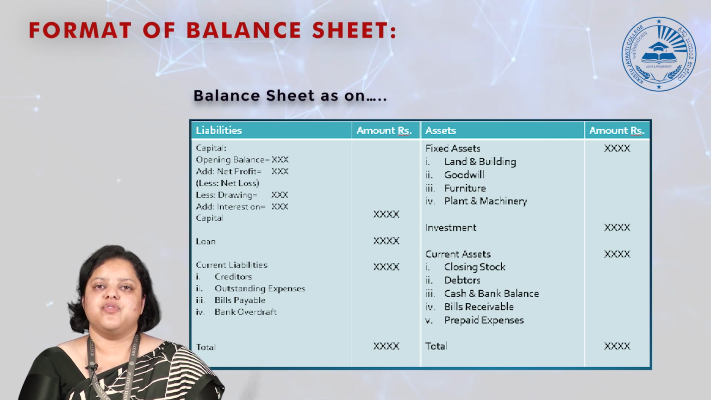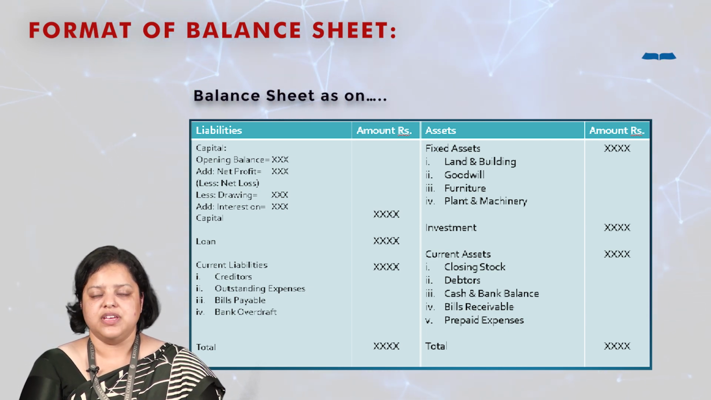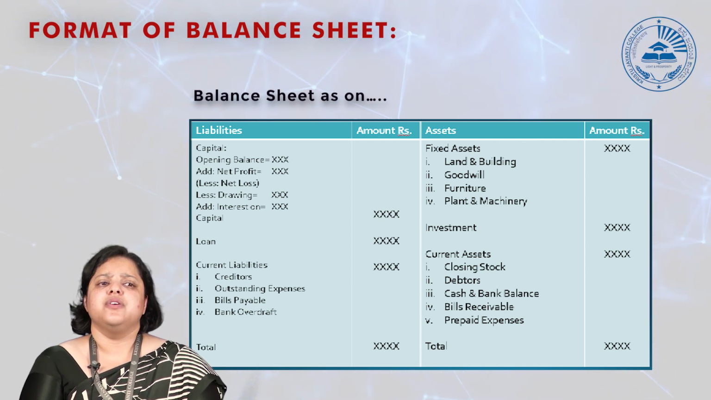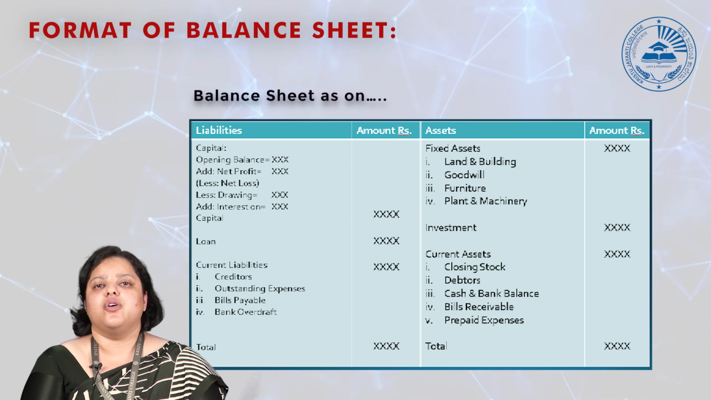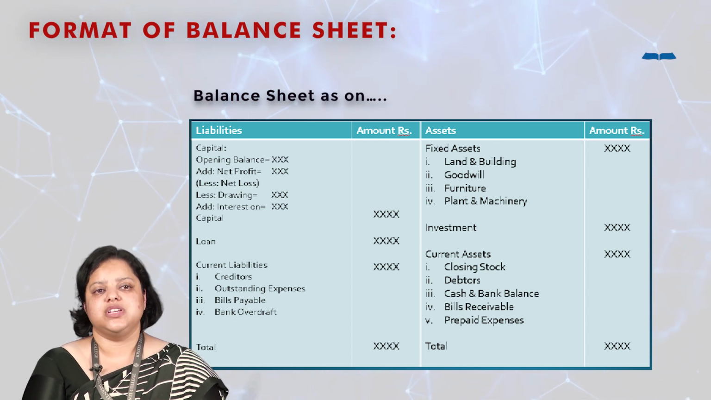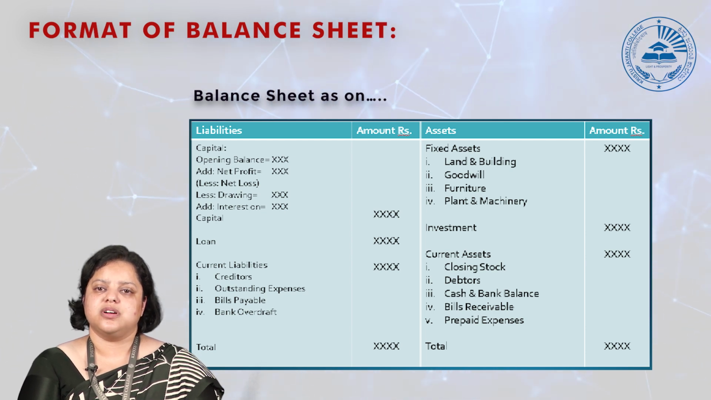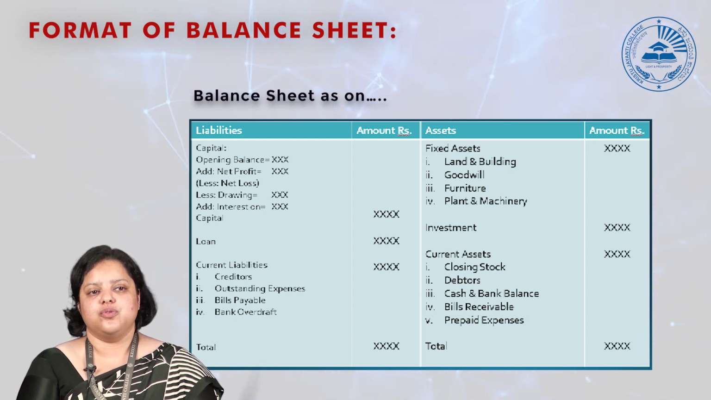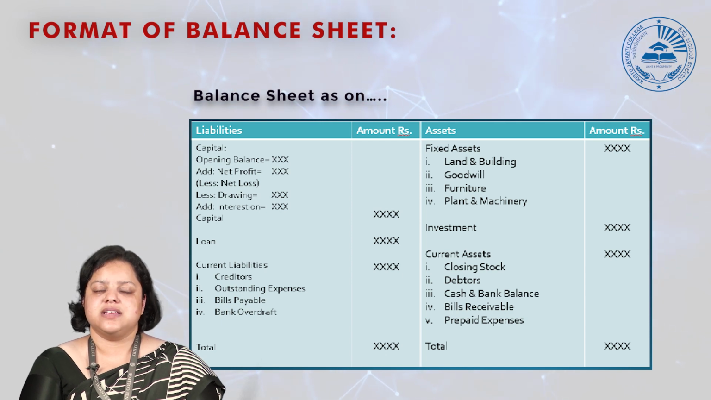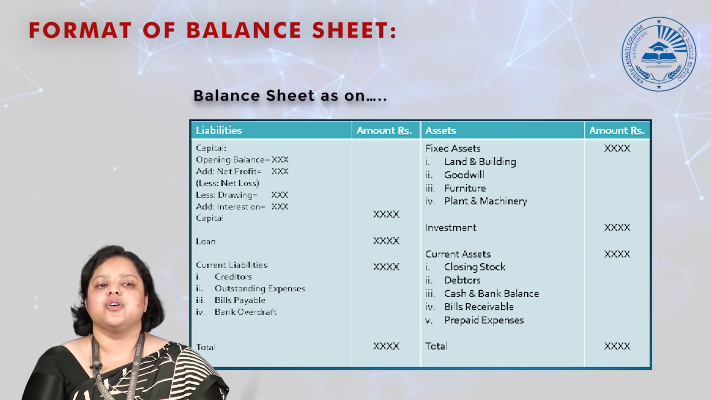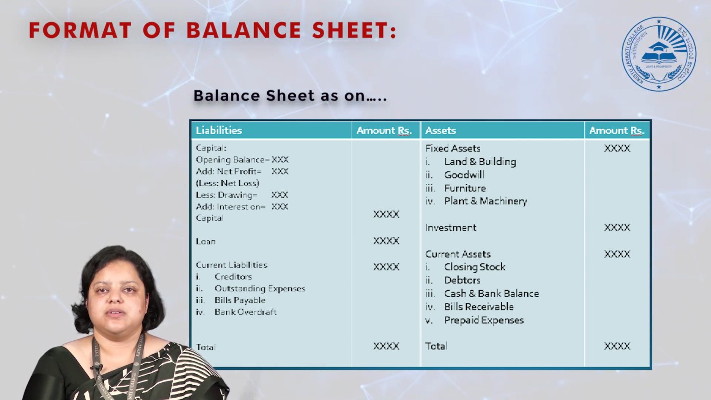Under fixed assets, whatever assets the company has we need to record, like land and building, furniture, goodwill, plant and machinery, or any kind of license or patents. Then the next heading is investment. Any kind of short term or long term investment we record here. Then the last heading is current assets. Under current assets we record all the short term assets, like closing stock, debtors, cash and bank balance, bills receivable, prepaid expenses,